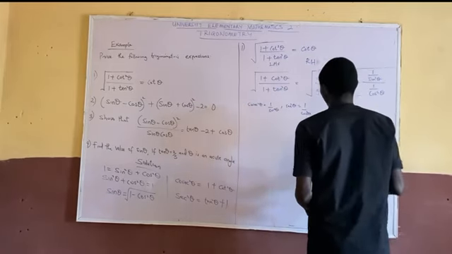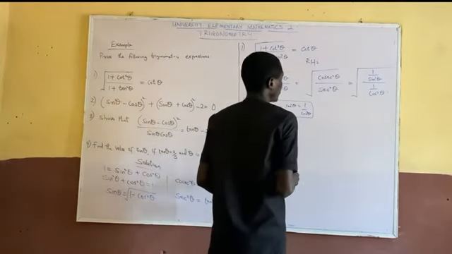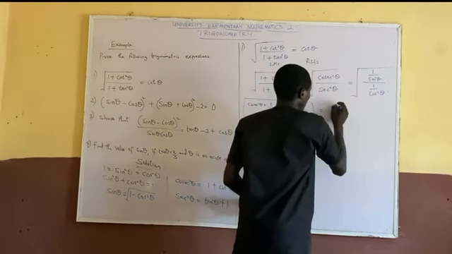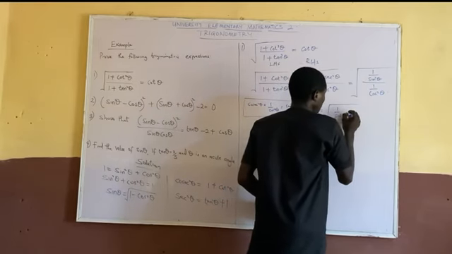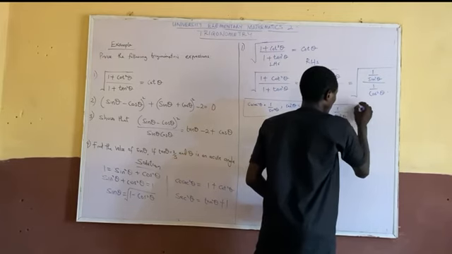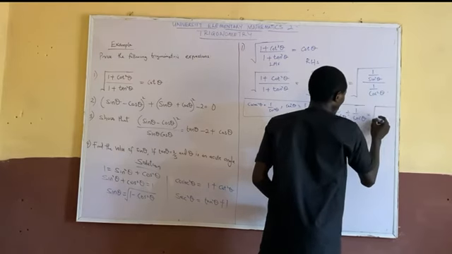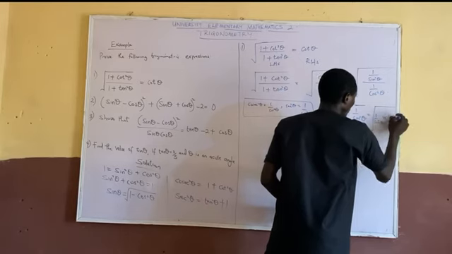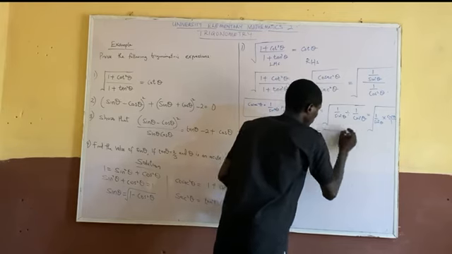I believe you are following me. You have to be fast in exams when you are doing these things. So this one is the square root of 1 over sin square theta divided by 1 over cos square theta. When divided by this one, we arrive at the square root of 1 over sin square theta times cos square theta all over 1. So we are having root